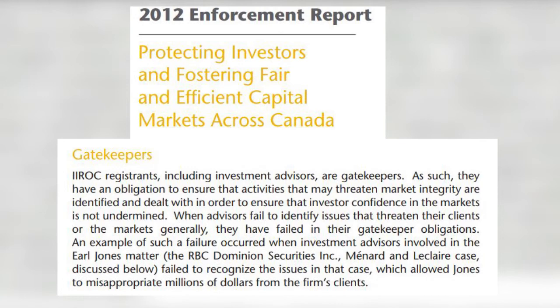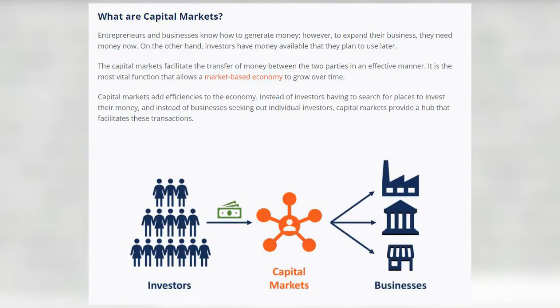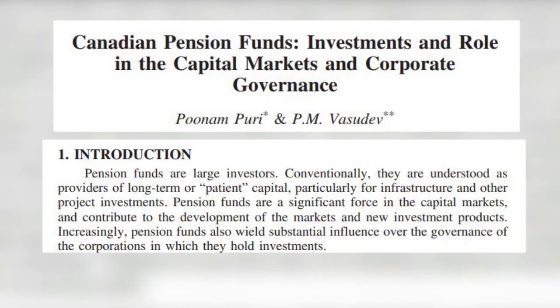Now, why stability and confidence in the capital market matter so much to the regulators is first, the fundamental purpose of the capital markets is to create a reliable marketplace that provides companies with financing to expand and grow in their business. And also why the stability matters so much in terms of the secondary market is because things like retirement funds, like pension funds, RRSPs, 401ks, are all relying on the capital markets. And so the regulators essentially have to babysit the market to make sure that these sort of investment vehicles are not put at risk because there's so much money on the line and the stakes are very high.